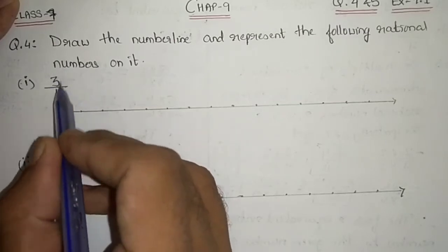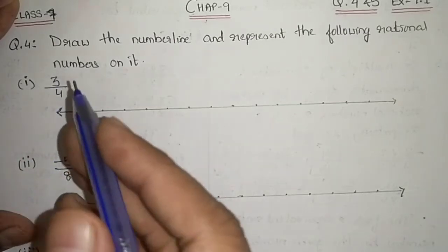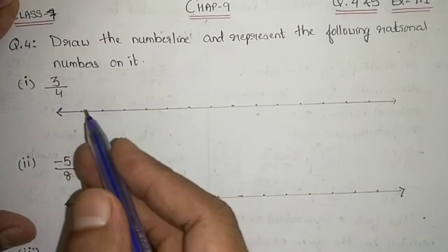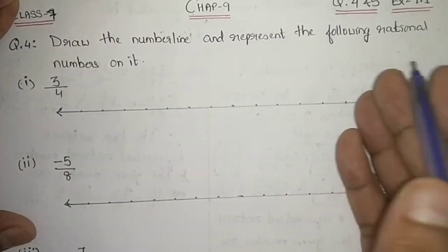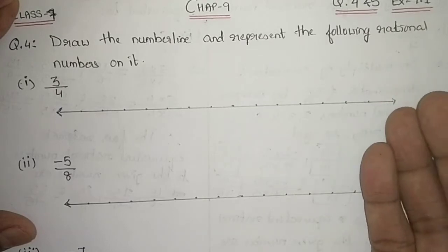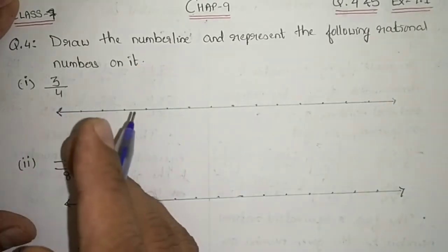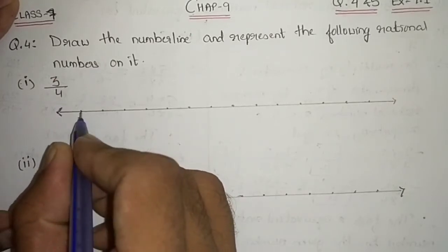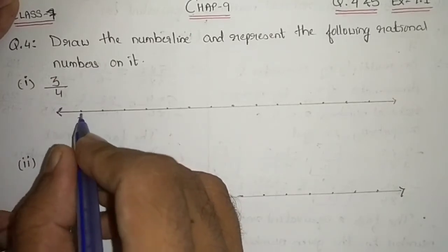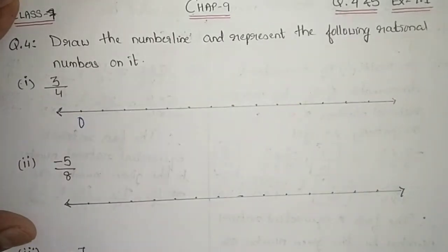Here it is positive. So definitely on a number line, if I represent this number, it will be on the right hand side. And for this purpose, I don't need the left hand side number line. So I will place 0 at the very beginning because all my numbers will be on the right hand side. That will be our second step.